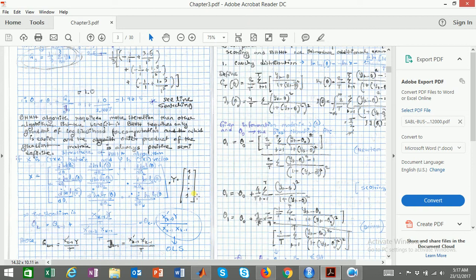The updated parameter value is computed using the updating phase, where theta 1 equals theta naught plus G naught by J naught, 1.4615. The remaining iterations are contained in the following blocks. In this problem, the algorithm has not converged even at 7 iterations, where the 7th iteration theta 7